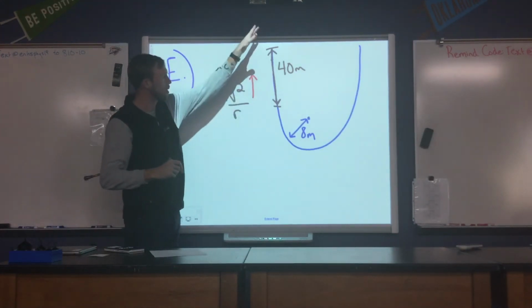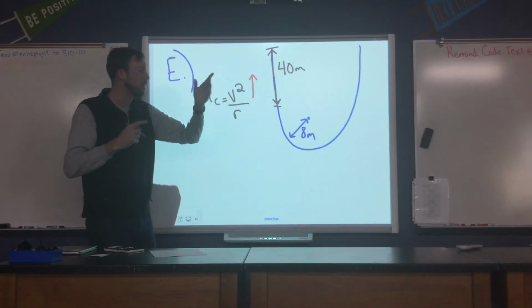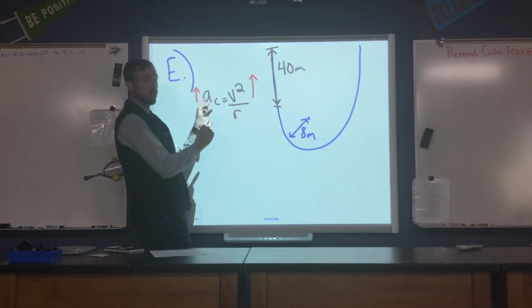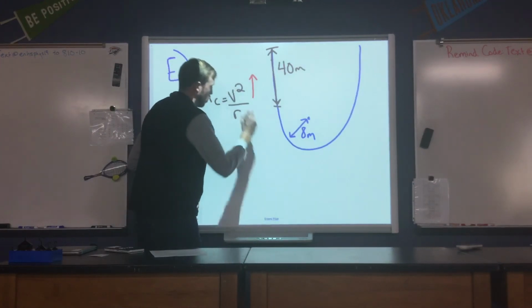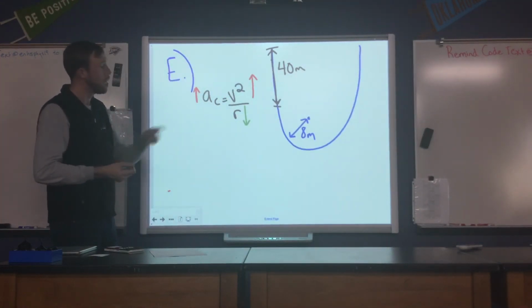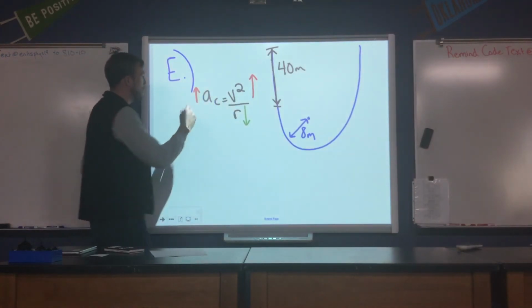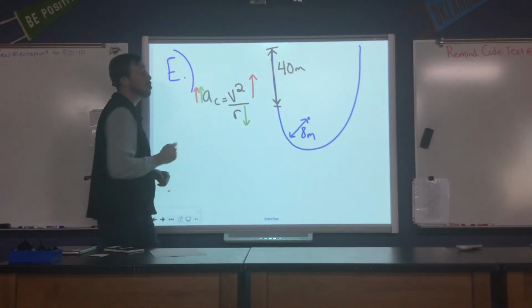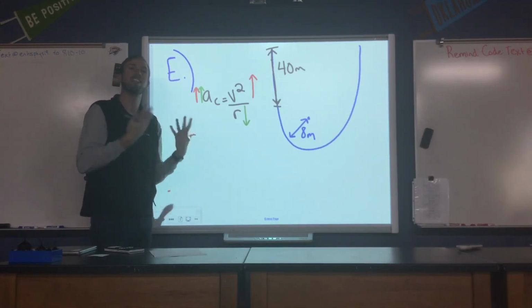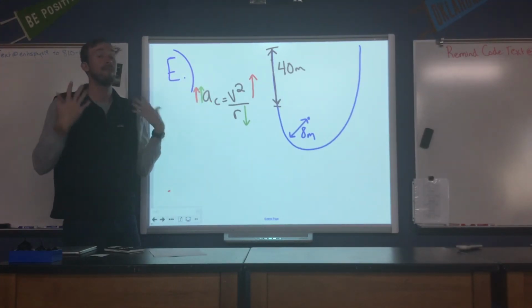But not only is our height of the drop bigger, but the radius goes down. And radius, in our equation as it relates to centripetal acceleration, is inversely related to the centripetal acceleration. So that means if the radius goes down, the centripetal acceleration is also going to go up. So just by thinking about this conceptually and looking at the equation, this is probably going to be